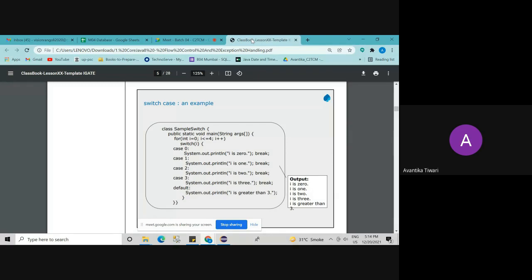So first question that will come from the interviewer is, why are switch statements needed in Java or any programming language? So the answer is, when we are using if-else statements and we have to specify lots of situations, because these are selection statements, decision making statements.